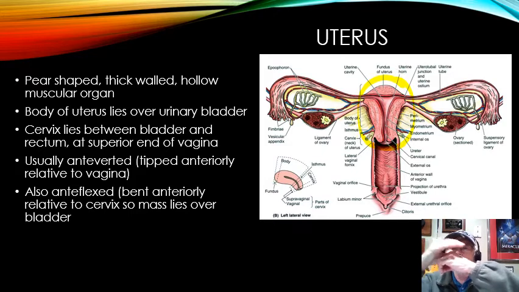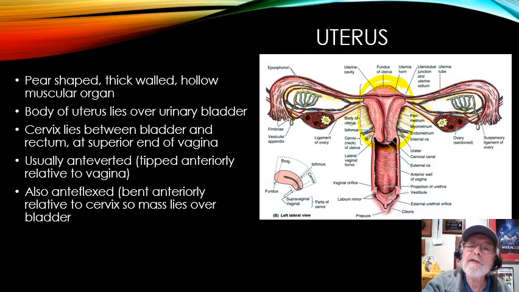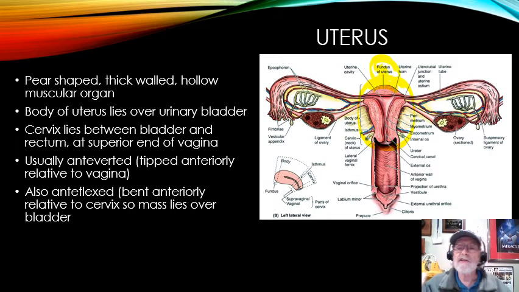If the bladder's down here, that uterus sits right over the top of it with this top portion right here. This top portion is called the fundus. When they do a bimanual exam or an internal exam, they can push on the cervix. They put their fingers right here in the cervix and push the cervix forward, and that pushes the fundus against the abdominal wall. You can actually feel the top of the uterus just over the top of the pubis.